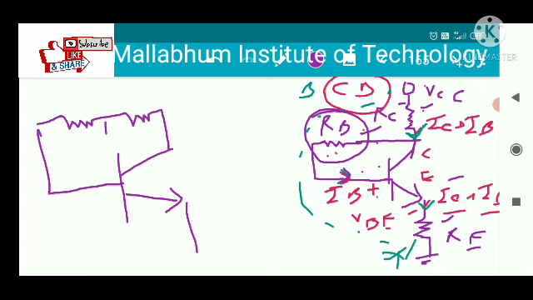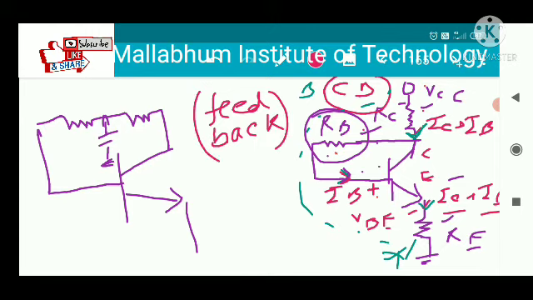And again one capacitor is employed here, and this is to be grounded. So what is the problem in this circuit? The problem is the feedback problem. To eliminate it, like in the case of your fixed bias circuit, we have employed a capacitance. We have divided this RB into these two values, and with a proper choice of these two values we can get the RB here, and connected a capacitor across here and grounded it.